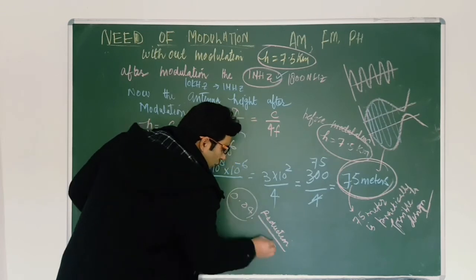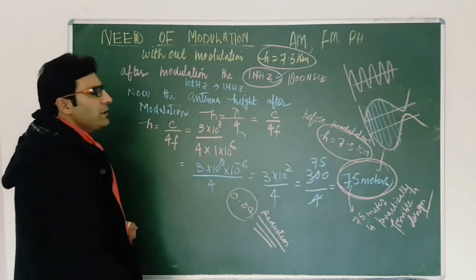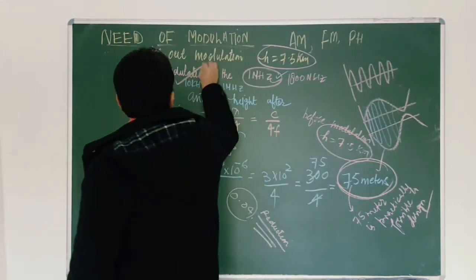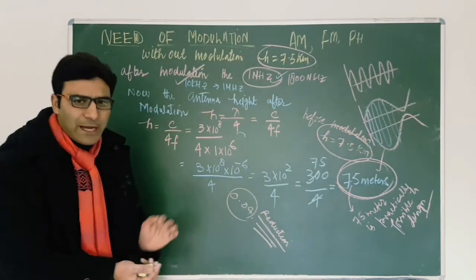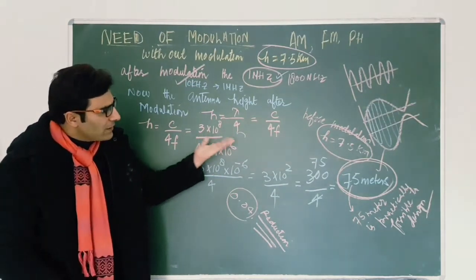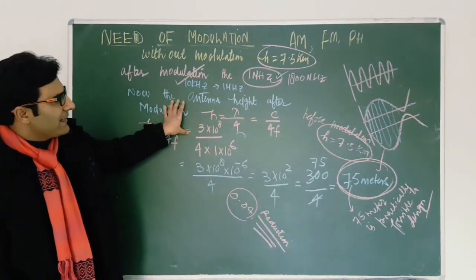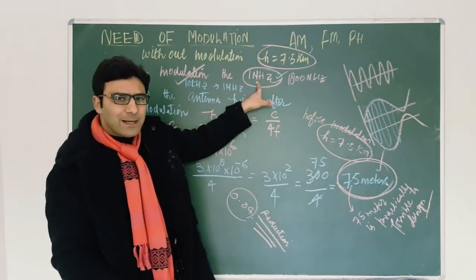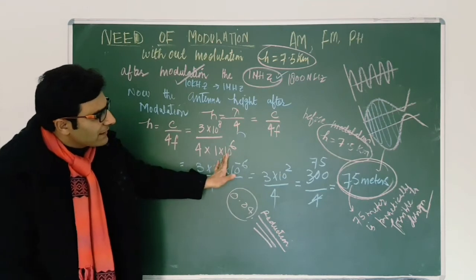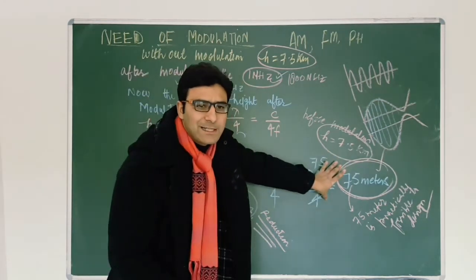So in order to reduce the antenna, simply what we have to do, we have to go for modulation and we will put a high frequency carrier. हम एक high frequency carrier put करेंगे and after that उसकी modulation करेंगे, उसके बाद एक modulated signal बनेगी megahertz में. तो उसके बाद में जब हमने check किया इस सारे की calculation करके हमने ये find out result कर दिया